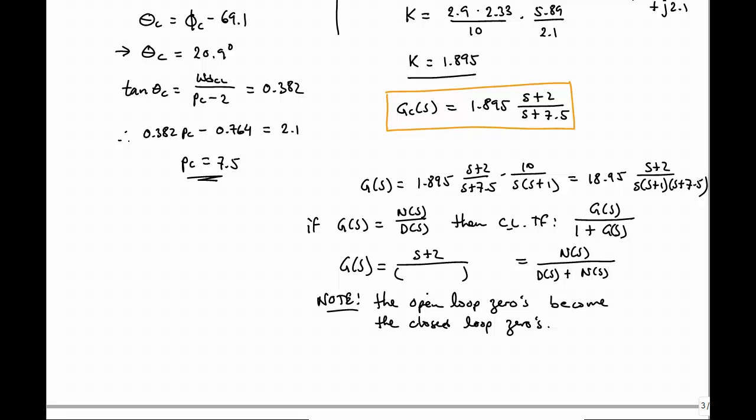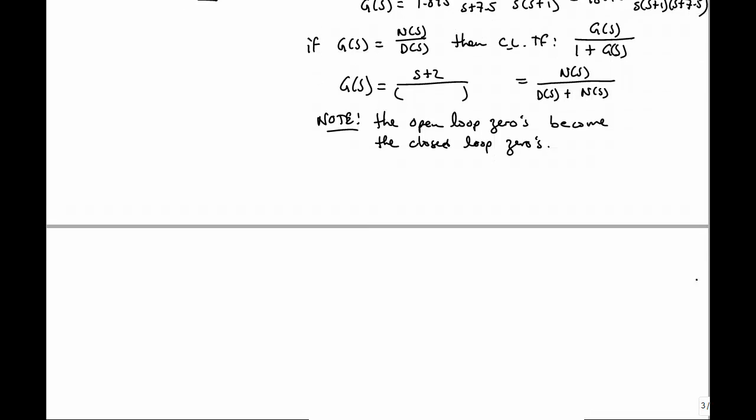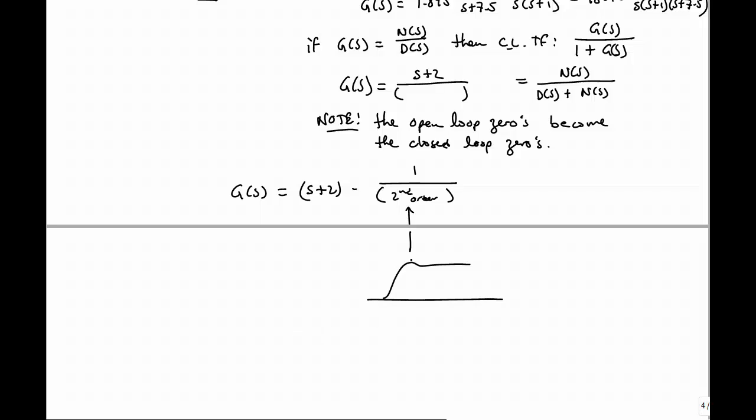And what does that mean in the time domain? If you think of G of S as equal to s plus 2 times some constant over a second order term, then this piece here is going to have the nice overshoot of 5%